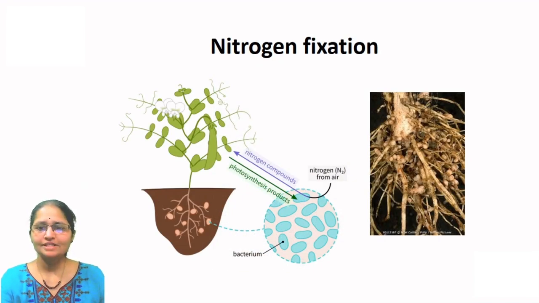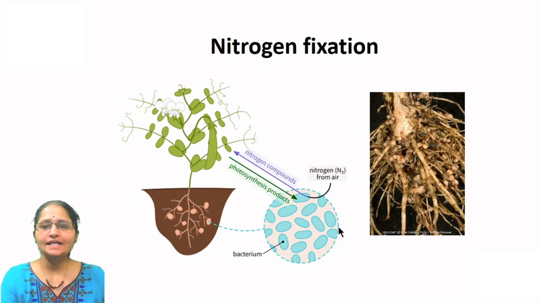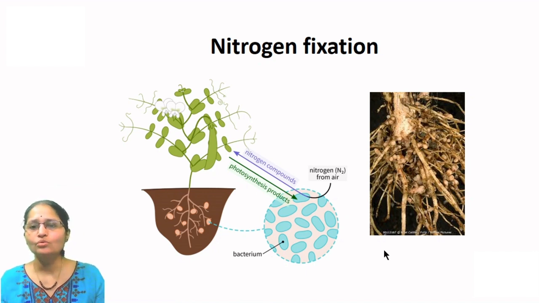Students, you can see here in this particular picture, these are the roots of leguminous plants. Leguminous plants means the plants which are having such legumes or pods. So in such leguminous plants, the roots bear such rounded nodules. What are these nodules? These nodules are formed by a bacteria called rhizobium bacteria. These bacteria stay inside the nodules formed on the roots of such plants, and what they do, they fix